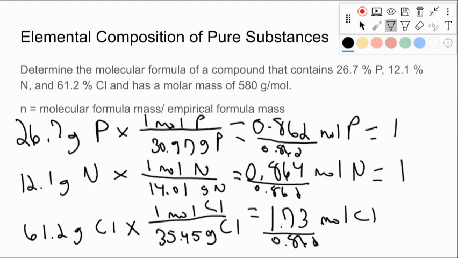And then 1.73 divided by 0.862 comes out to 1.49, which rounds to 1.5. Same problem we had in the last slide. I'm going to have to multiply everything by 2 to get rid of the 0.5. So this ends up being 2, 2, 5. So then my formula for this one is going to be